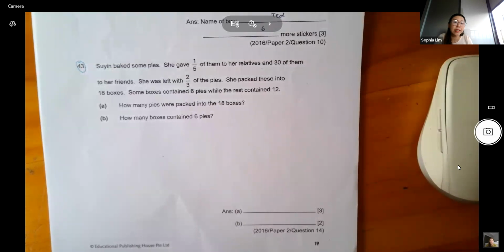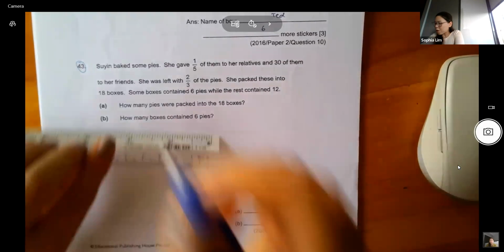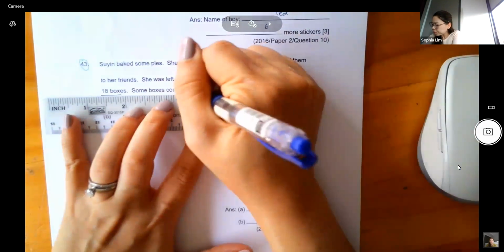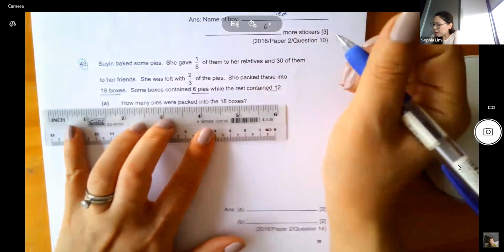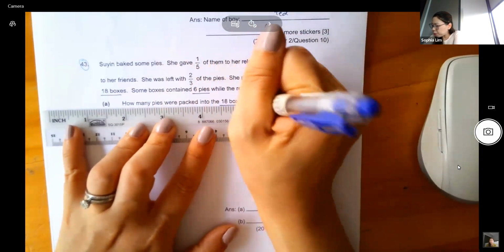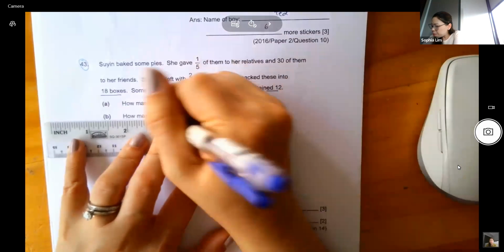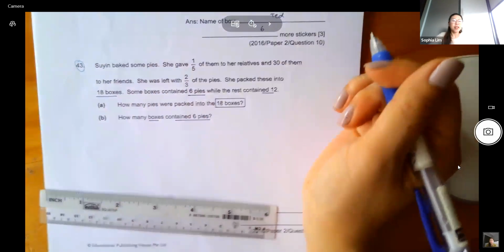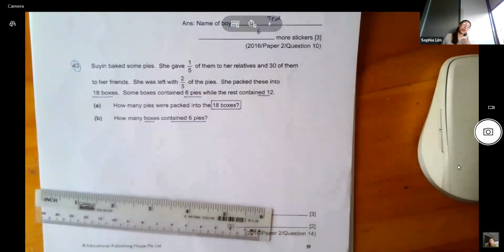Some boxes contain 6 pies, while the rest contain 12. How many pies were packed into the 18 boxes? How many boxes contain 6 pies? It's very clear that part A is testing 1 heuristic. Part B is testing